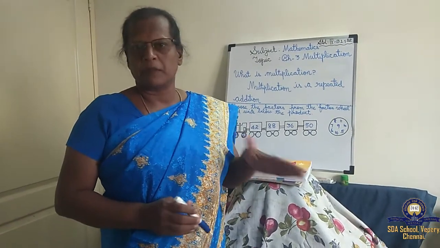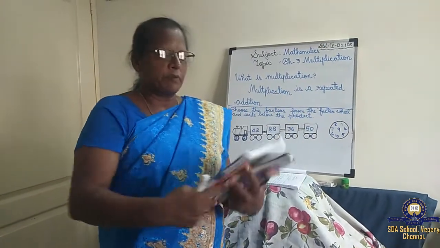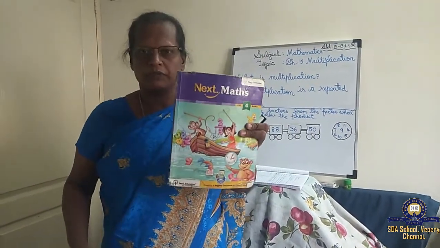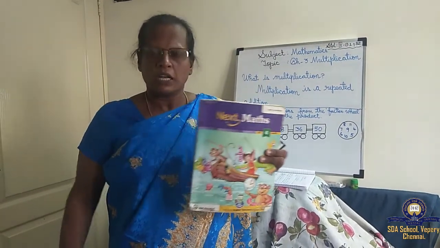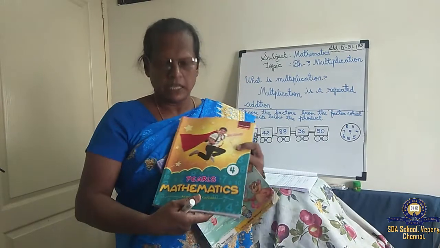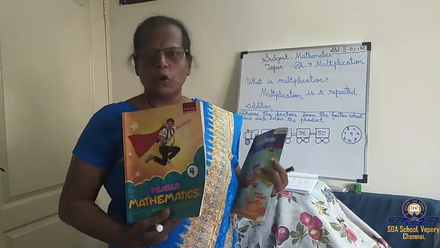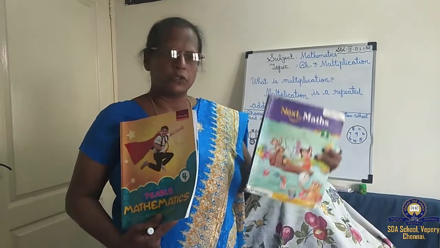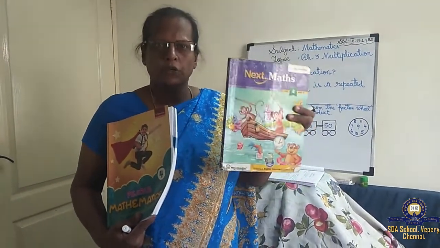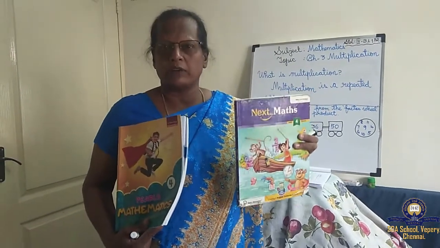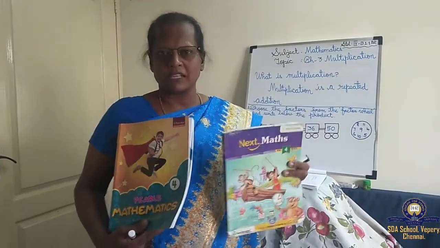We completed subtraction. First we were learning from this old book: large numbers, addition, subtraction. Now the book has been changed. We are following Pearl's Mathematics. So you need not worry, children. The sums I have taught from the old book, you copy down the same sums I did in the previous sessions in the Max notebook.